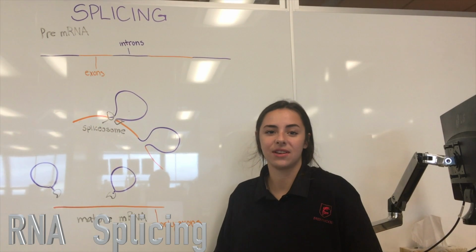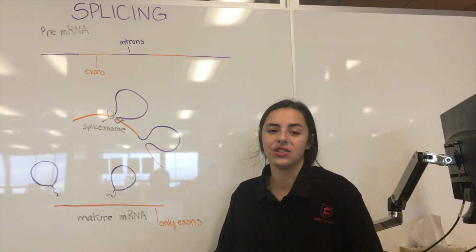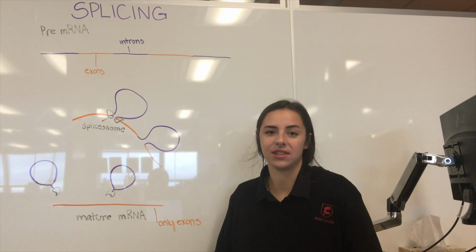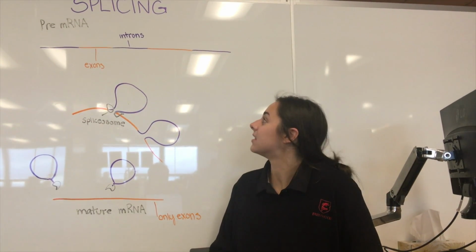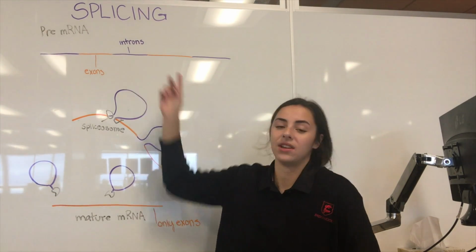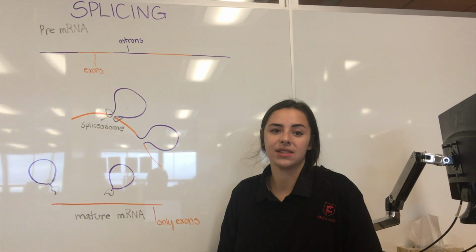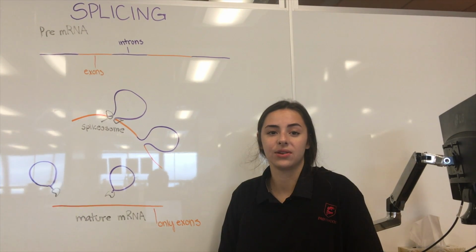Splicing is the process of removing non-coding sections from the pre-mRNA strand. It occurs to the pre-mRNA prior to translation. mRNA is made up of exons, protein-coding sections, and introns, non-coding sections. In order for the mRNA to give the proper message, the introns must be spliced or cut out of the